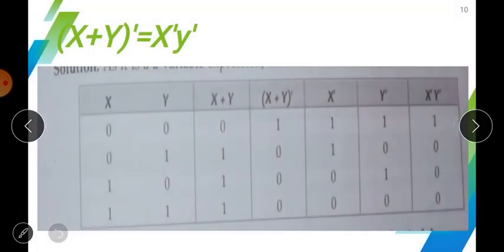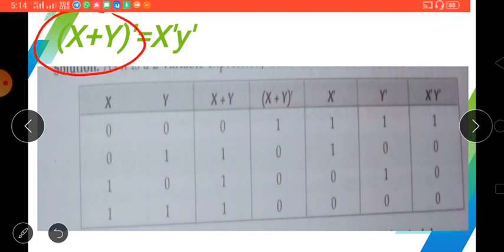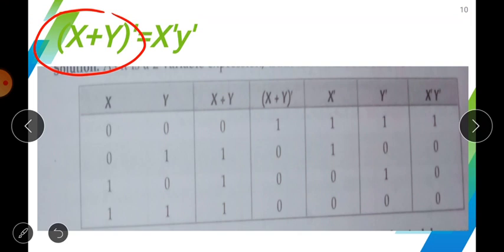Now moving forward, here is one more example through which you can understand it in a better way. Here you can see there are two variables x and y. Again there are only 4 possible combinations, and for this side you have to calculate x + y, meaning x OR y, and after that you have to invert it.